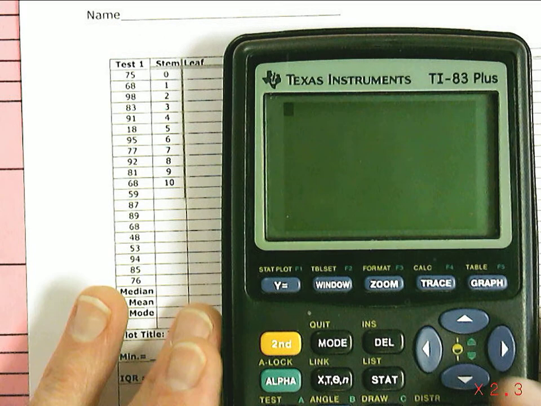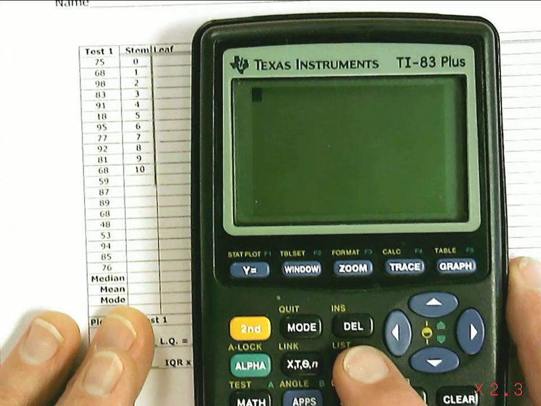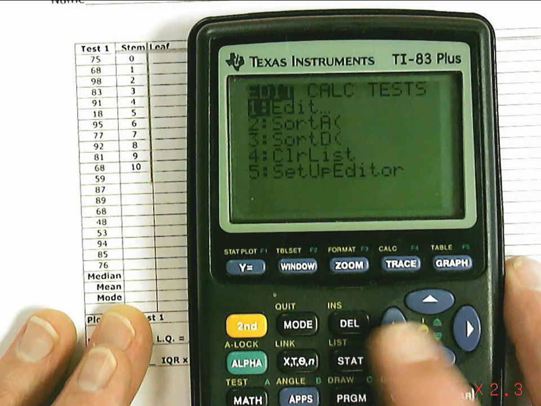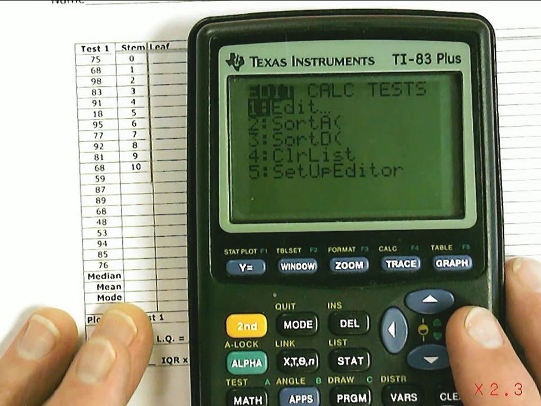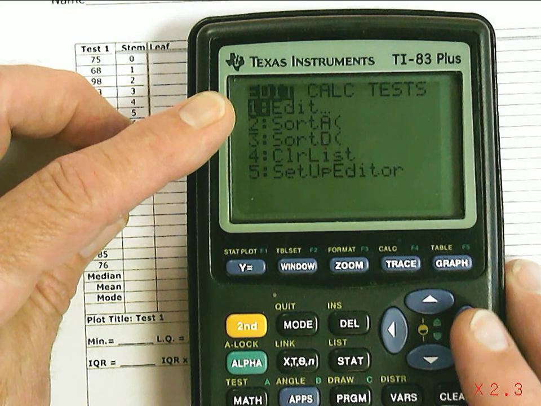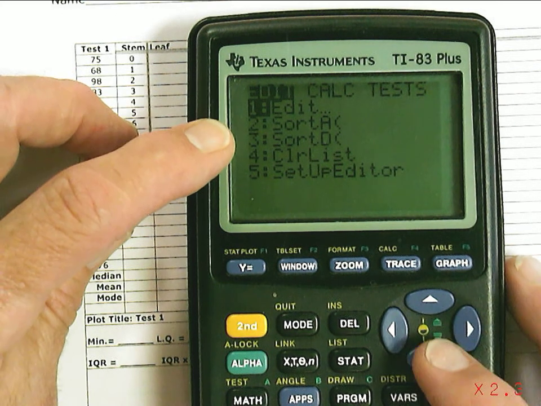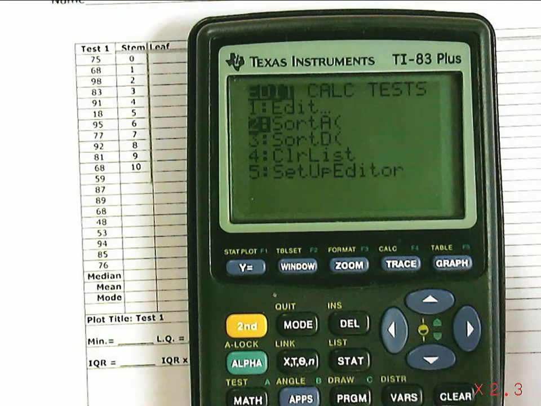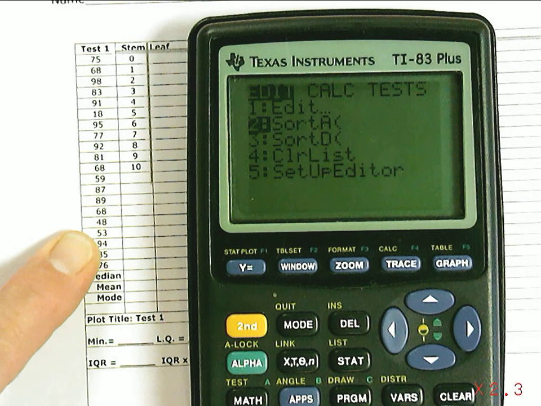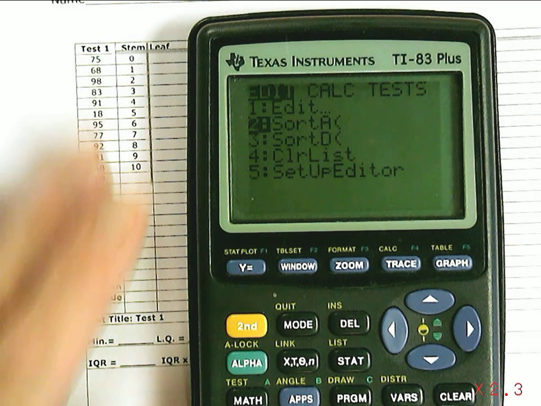And so I can do that using the calculator. If I press this Stat key again, this one right here, it gives me a whole bunch of different options. And the first one, Edit, was what got me into the menu to make the list. The next one, Sort, allows me to sort the list, to put it in order, which sometimes is helpful, especially if I'm wanting to do a stem and leaf plot or histogram or those kinds of things, because the list right now is just sort of random. So number 2 is Sort. If I hit Enter,